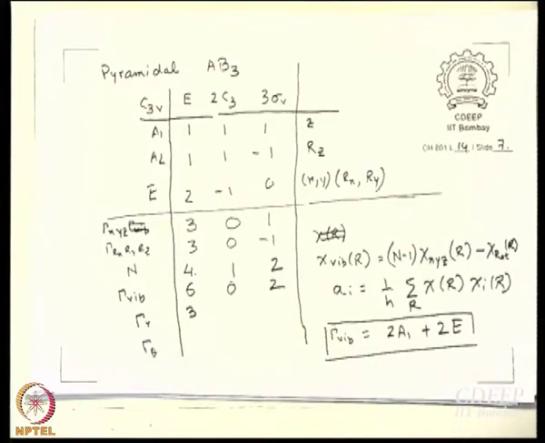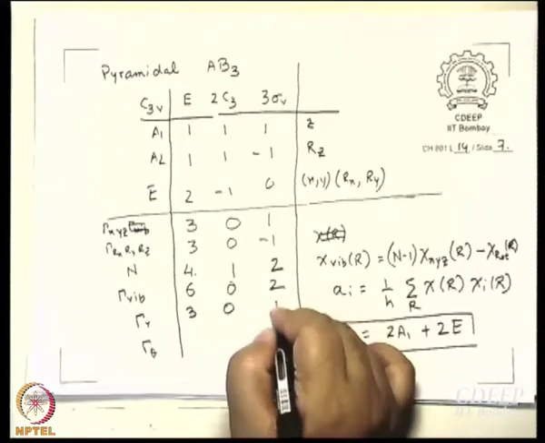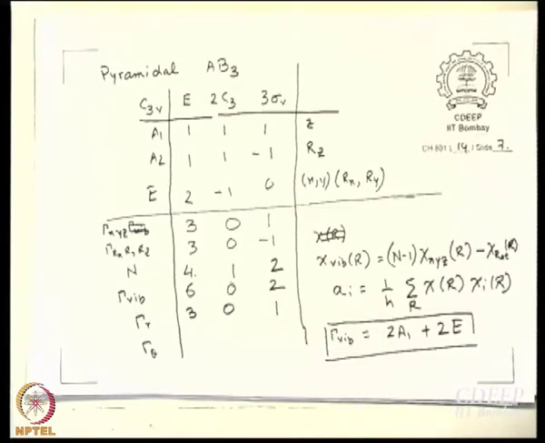What is the character for C3? What about sigma V? 1, sigma V is 1 because it has to go through 1, 301. Now look at these two, you do not even have to use the thetas, because gamma vib is 602 and gamma r is 301. 602 minus 301 is 301,